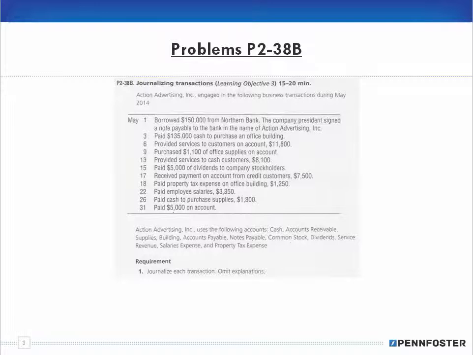Okay, so let's do 38 here. It says borrowed $150,000 from Northern Bank. The company president signed a note payable to the bank in the name of Action Advertising. So the journal entry is going to be 5-1. I'm asking myself, am I affecting cash? Yes, because I'm getting $150,000. Cash is an asset, and I increase my assets on the debit side, so I'm going to debit cash